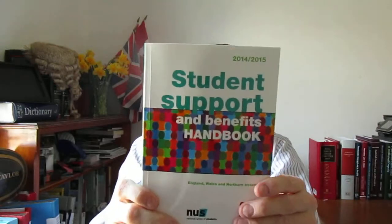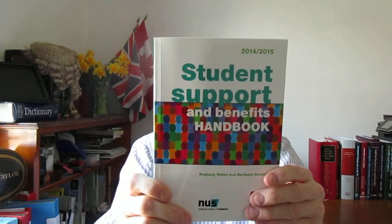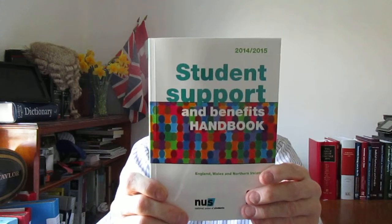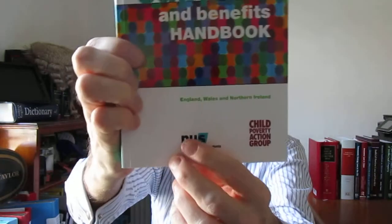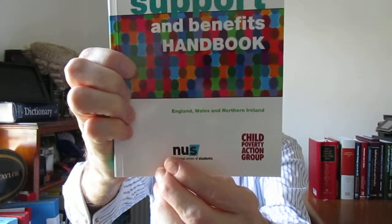This morning I'm looking at a very important book for students. It's a book which has been written by the Child Poverty Action Group and the National Union of Students. And it's this book here. See the title? It's called Student Support and Benefits Handbook, England, Wales and Northern Ireland. And it's for the year 2014 to 15, and as you can see it's been written by the CPAG and